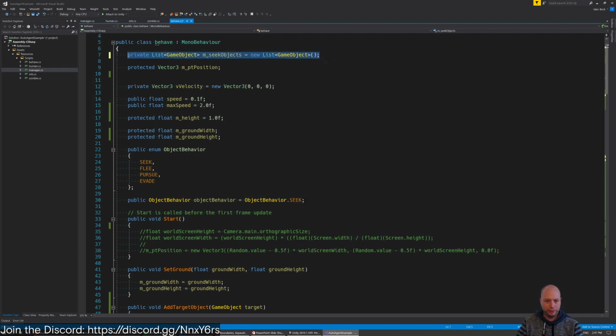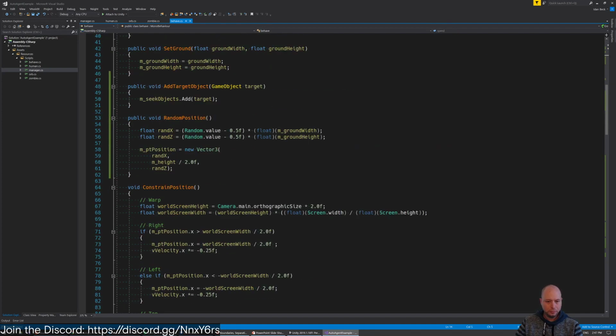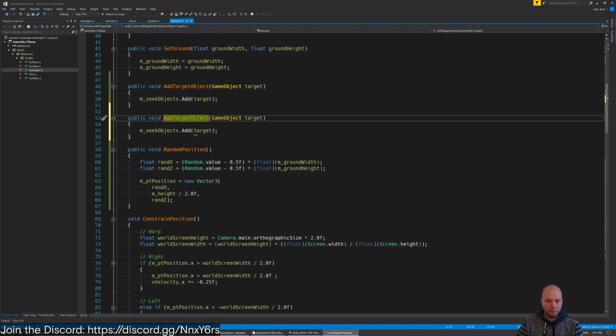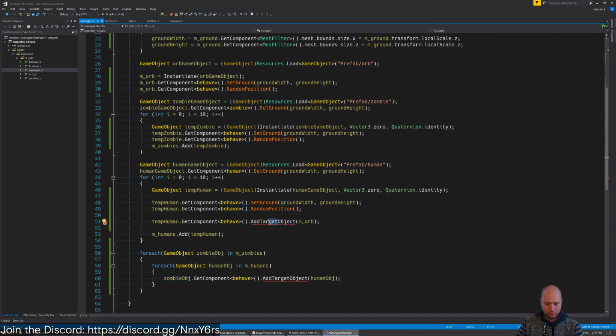Right, and then you can also create a flee objects, and then you add a flee object. Right, and then change this to seek, and in manager we add: the humans seek the orbs, the zombies seek the humans,